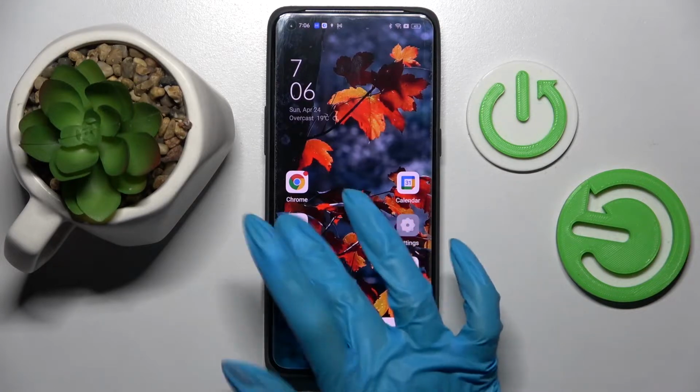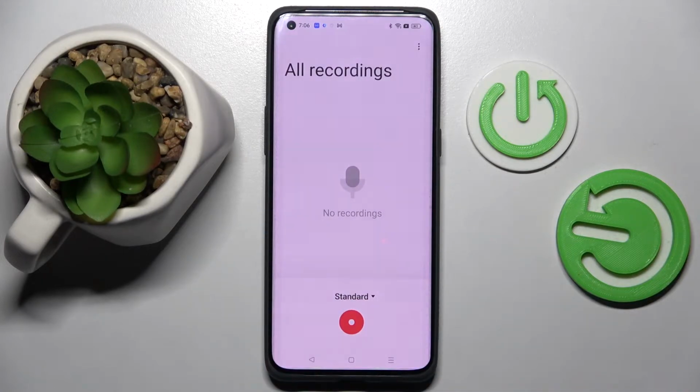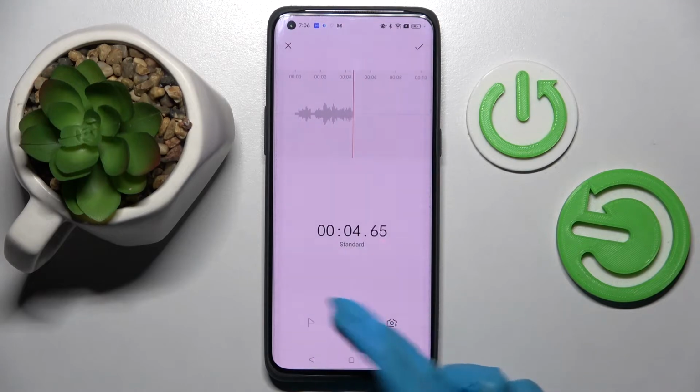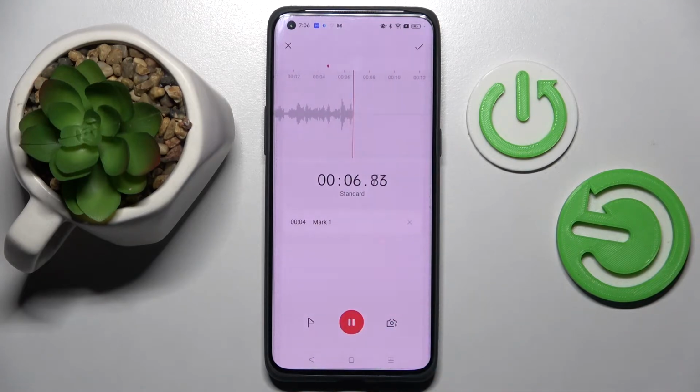Firstly, access recorder app by tapping on it, then select allow in the pop-ups. I already did that, so I can click on this red button right away and start my recording. You can pause it and unpause it using the same one. You can also add a bookmark by tapping on the flag over here, or you can add photo mark by